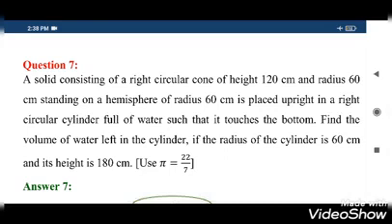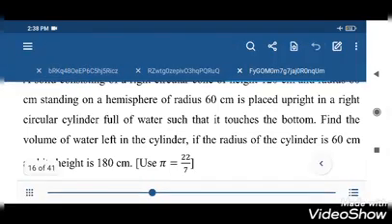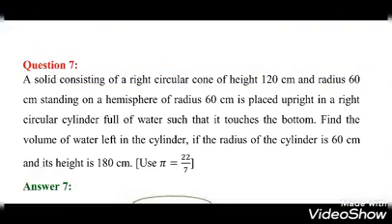So here we need to take 3 different types of shapes. What are they? First, the combined solid figure, which is a hemisphere and a right circular cone. This solid figure is placed inside the cylinder containing water. If you fix this solid figure into that cylinder, some of the water may be left out and the remaining water stays in the circular cylindrical container. So we need to find the volume of water left in the cylinder.